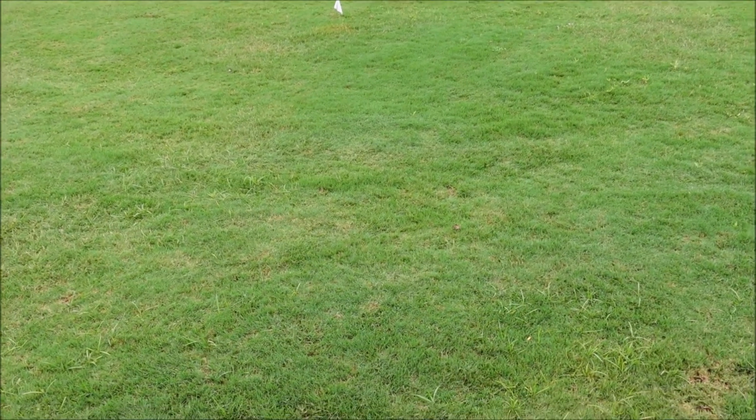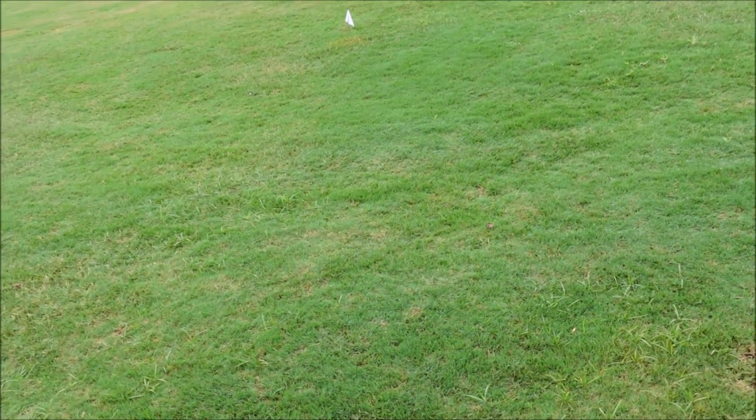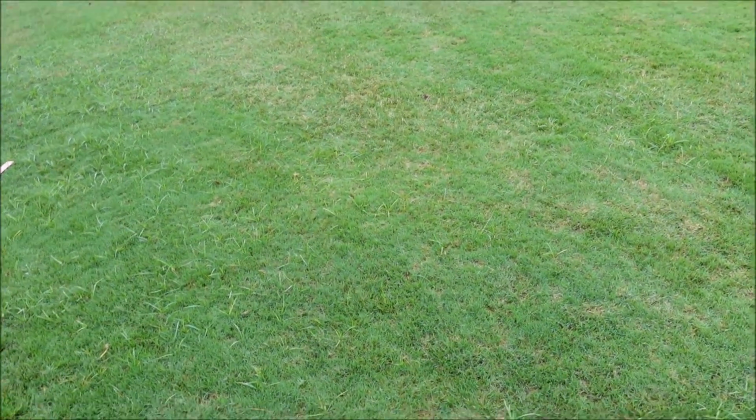All right, it's been about 4 days since the initial application. Let's take a look and see how the nutsedge looks as well as the crabgrass after applying Solitaire. Sometimes I want to restrain you from thinking that this is a race, okay, that it's like the fastest product wins. So we're not going to make our final observation after 4 days, but it is worth noting, if you